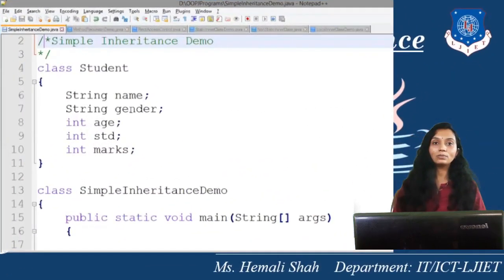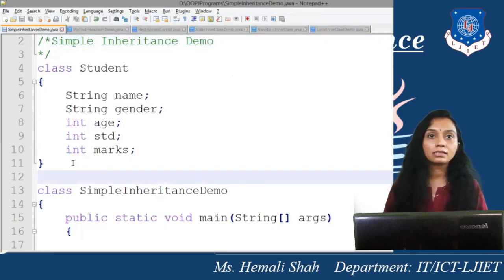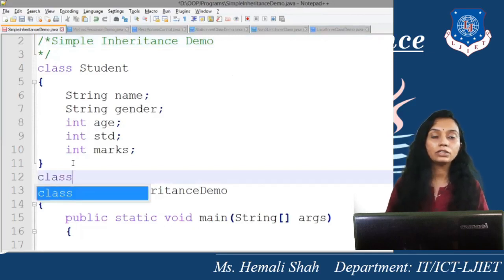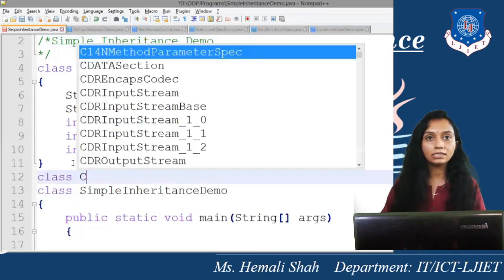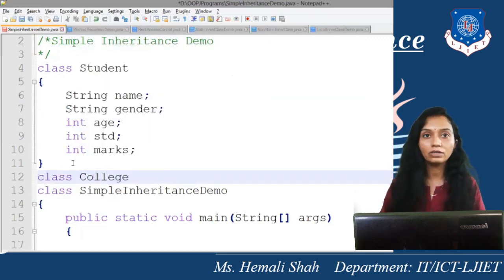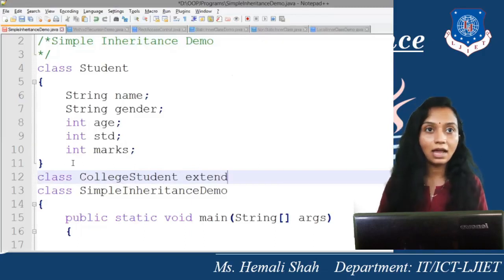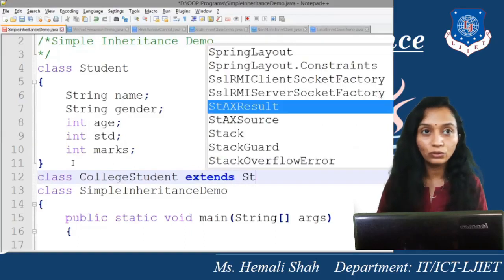So let's try this particular example by using Notepad++. This is the student class and I want to create a new class from the existing class. The new class name I want is college student, and this class extends the existing student class.